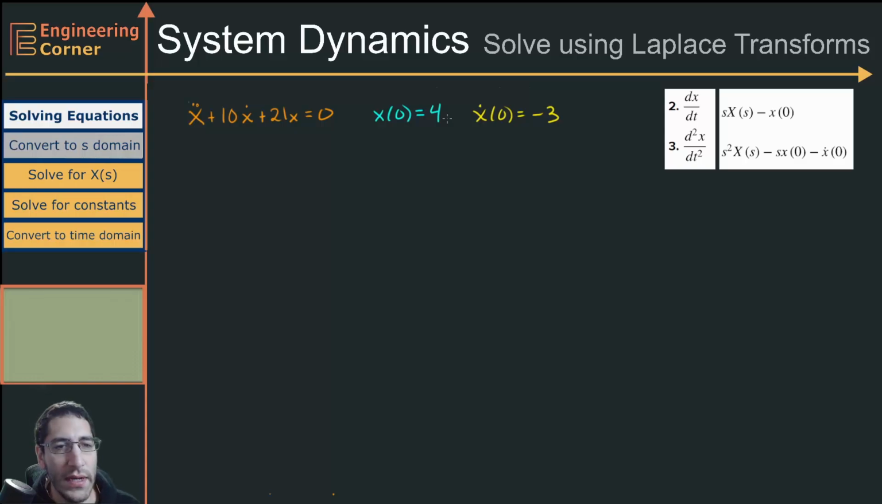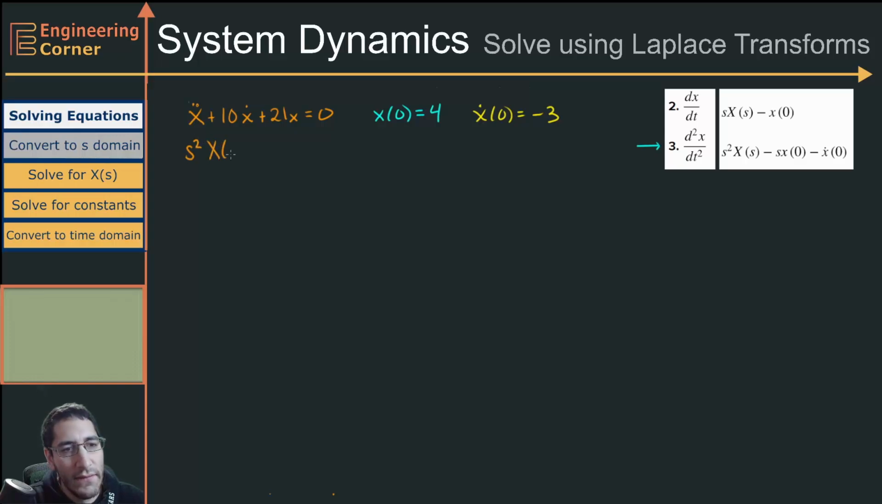So the first thing we need to do when we're solving a problem using Laplace transforms is actually take the Laplace transform and convert this equation to the s domain. Now, in order to do this, we're going to need a few properties. The first is with the second derivative. For the second derivative, we can use what we have in this table of properties of Laplace transforms. And here we'll have s squared